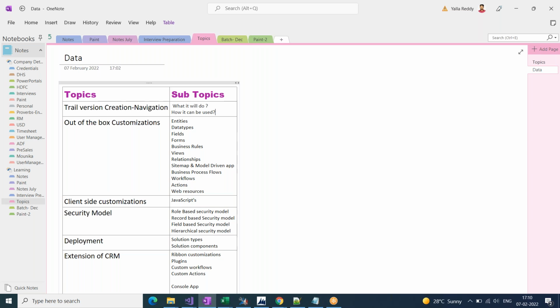What it will do basically: there are two functionalities you can observe. One, you can book tickets. And the second thing, you can track the bus journey. Forget about booking a ticket; tracking where the bus is before you onboard. Where the bus location is, it will show you in the application. That is what it will do, and how it can be used from an end user perspective.